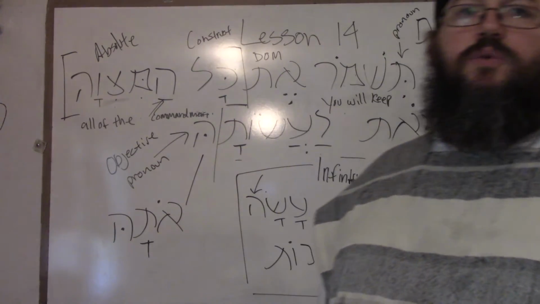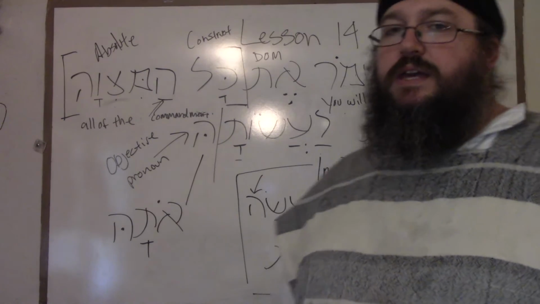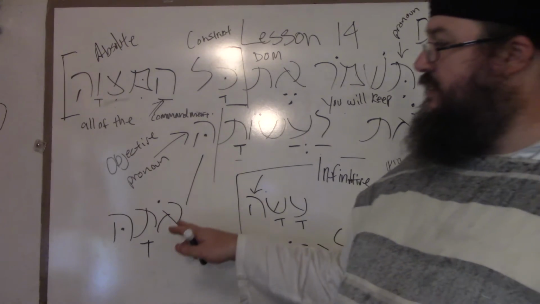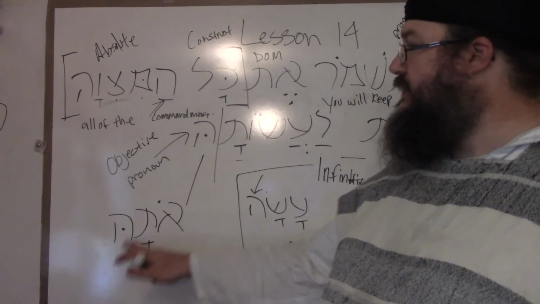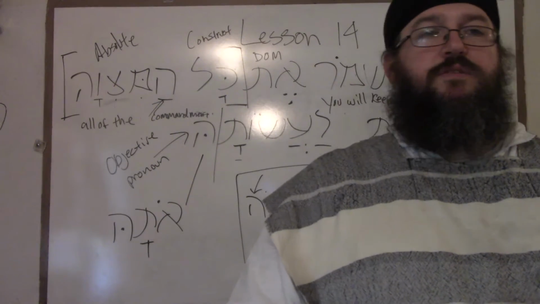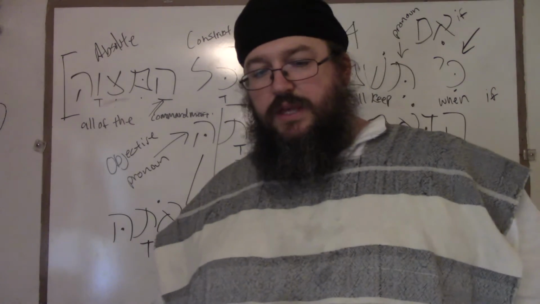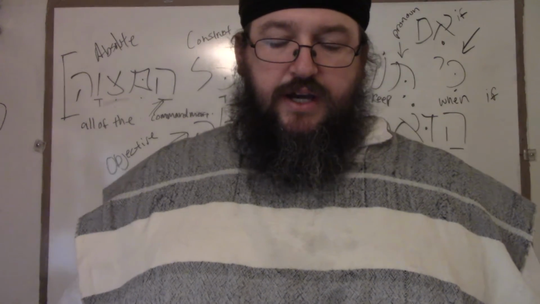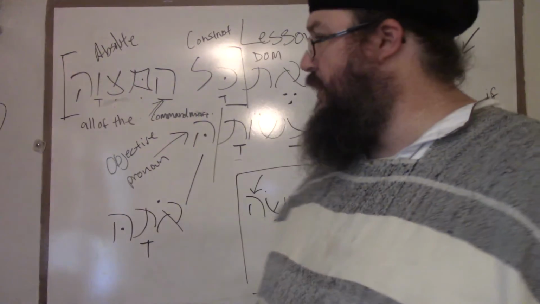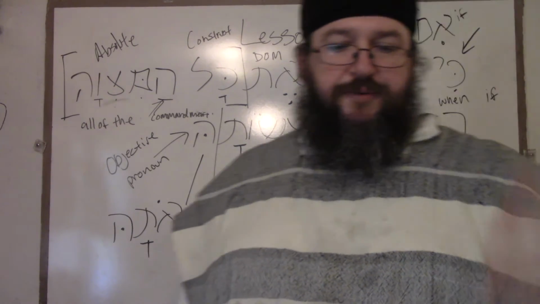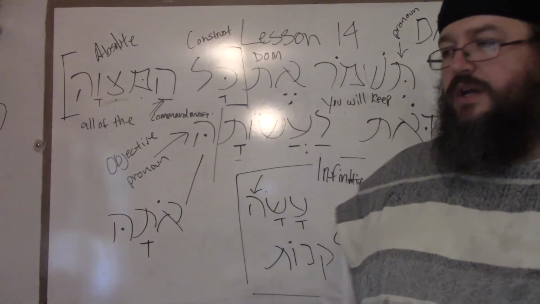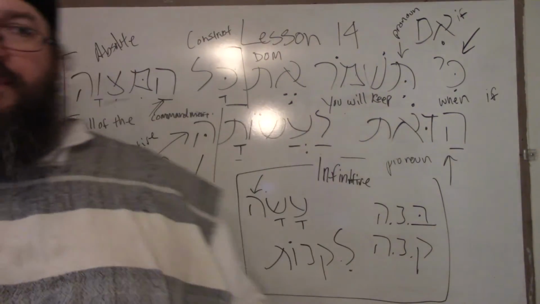we find that the hey here is being translated as the objective pronoun ota, but the defective status of it tells us there's something wrong grammatically with regard to what's being written here. And like I said, there's always reasons for why we have the things that we have within grammar. It's very important that we memorize these rules and say that objective pronouns are not to be attached to infinitives,